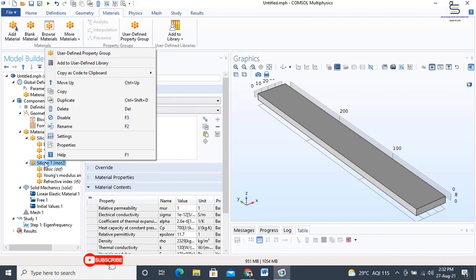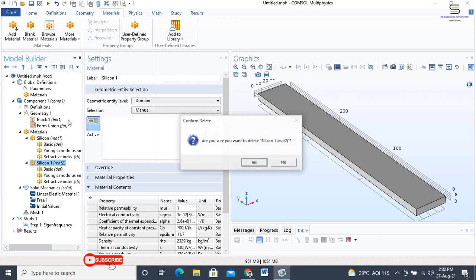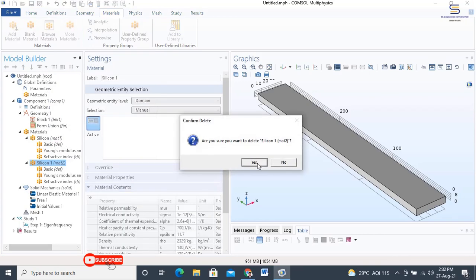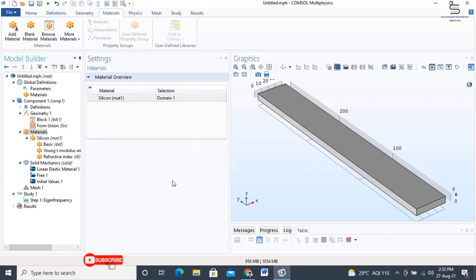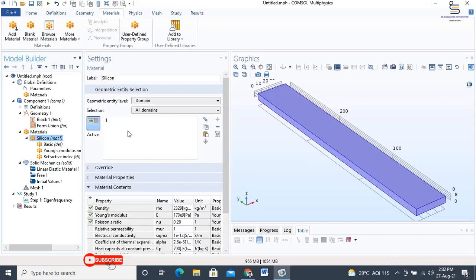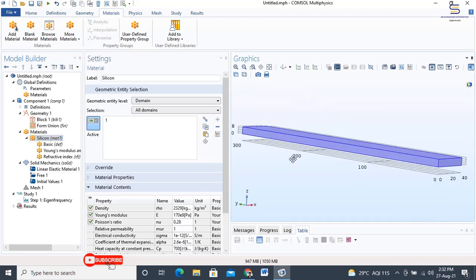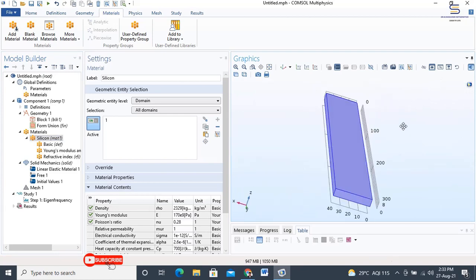Remove the silicon for the second material and allow only the first material to be added, and then in the selection you can see that the entire material is being selected.